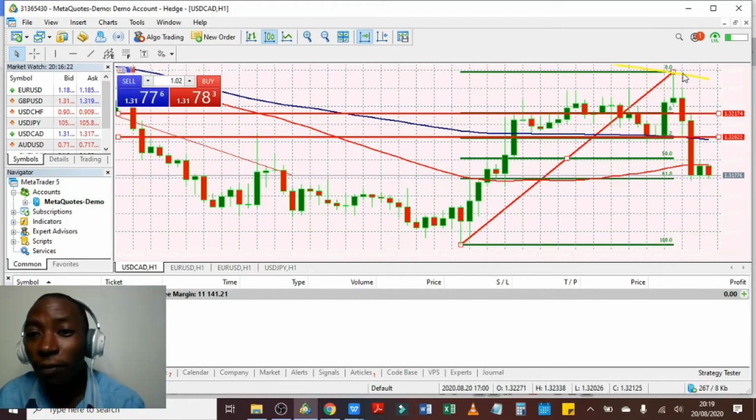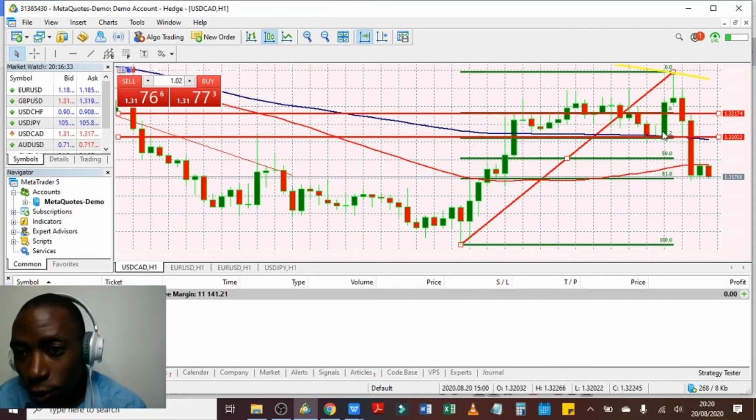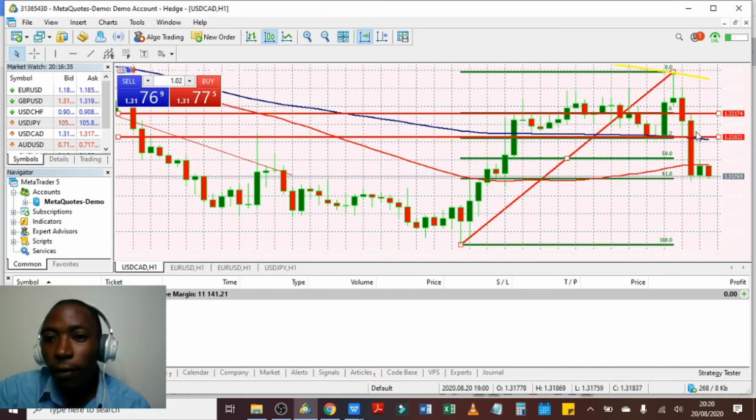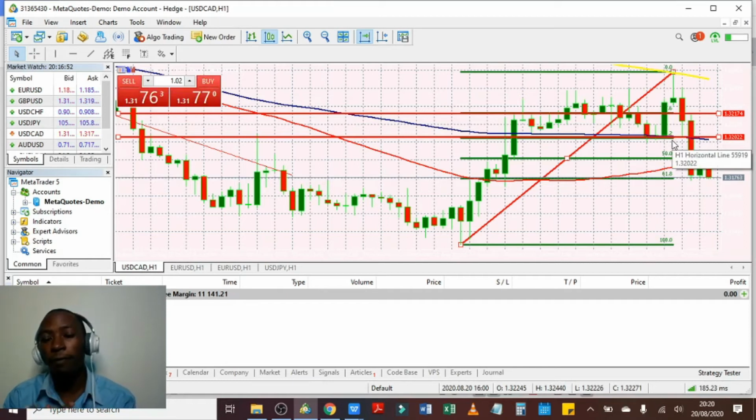So if a level is broken, like when the 38.2 level was broken, which coincides with the 100-hour moving average, it was an opportunity to sell. And if you sold and placed a stop loss slightly above the 38.2 level, just suppose the market reverses and starts going higher again, you'll be able to check out with a small loss, and then you can buy, because you can buy against the 38.2 level as long as the candle is forming above that level.